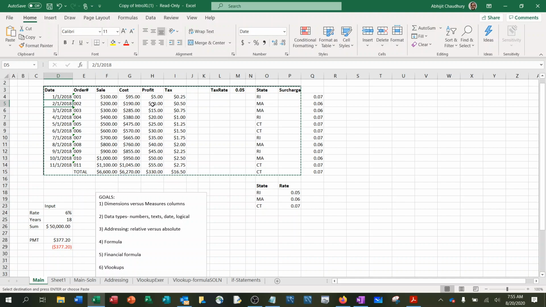Then every cell has an address. So this is H5, and we are writing a formula here, which says this sales minus cost. So that is called addressing. When I'm writing a formula, I'm using some addressing, and addressing can be relative and addressing can be absolute, and we'll come to that. So let's first go and quickly create this